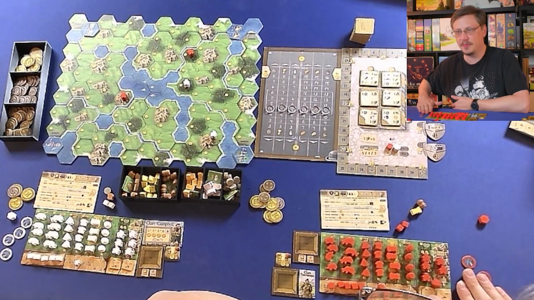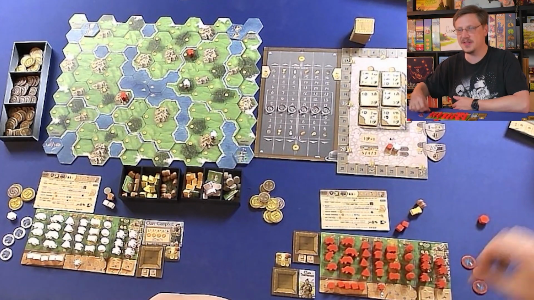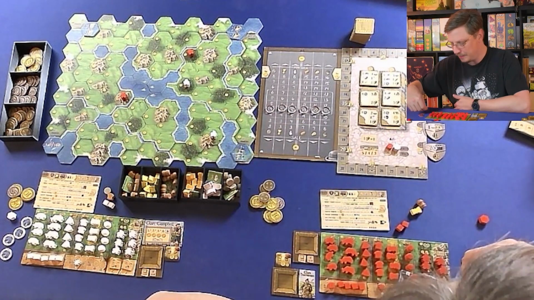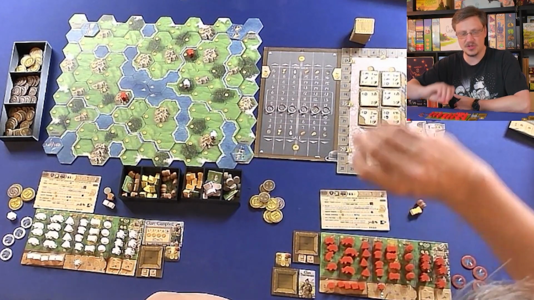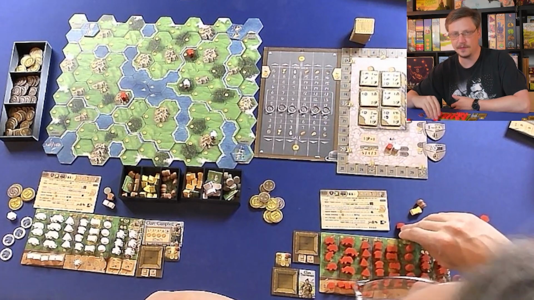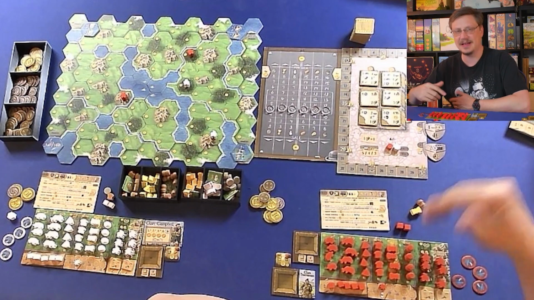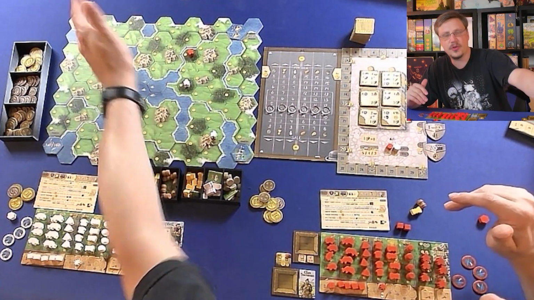We've got some port markers. You can use each port exactly once. So if you use a port, you'll throw your color marker on it to indicate that you've used that port. We've got 2 of our little merchant guys already free. We can purchase more. You've got a water track that indicates how far you can go through the rivers and